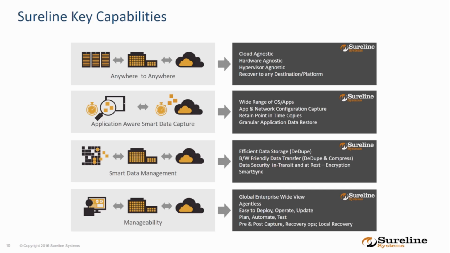The deduplication works across your entire data set, so this is important for managing the network bandwidth. We're only sending deltas across, not only deltas from the changes from the previous snapshot on a particular server, but deltas from the dedupe information that's already been sent to the cloud. So we're very bandwidth friendly, as well as being security friendly, making sure that everything is encrypted, and add compression to that, and it really is the most efficient way to migrate data to a cloud.